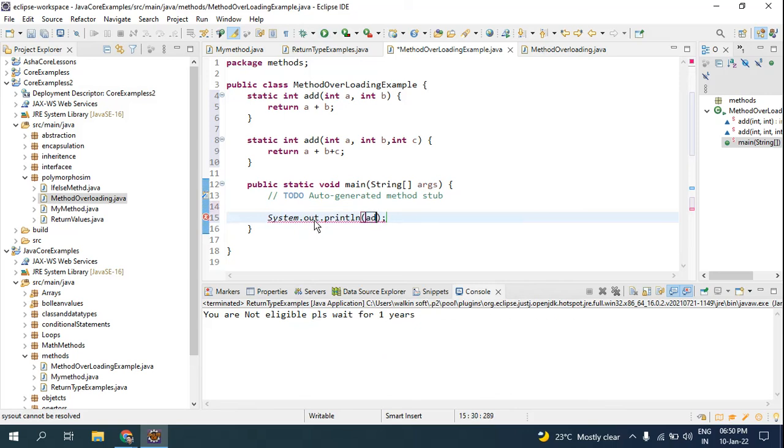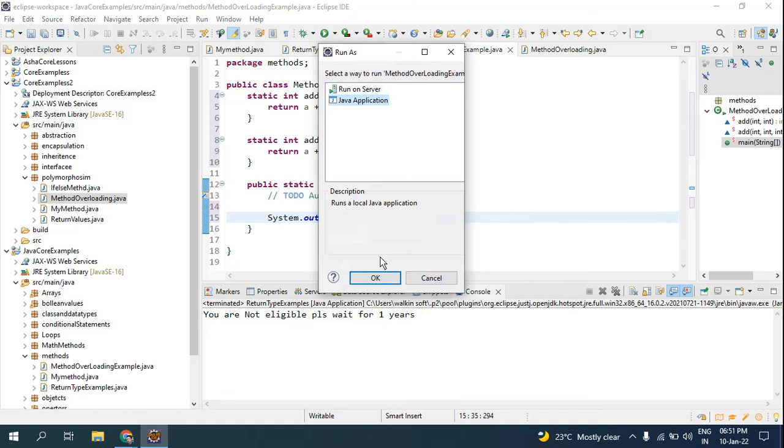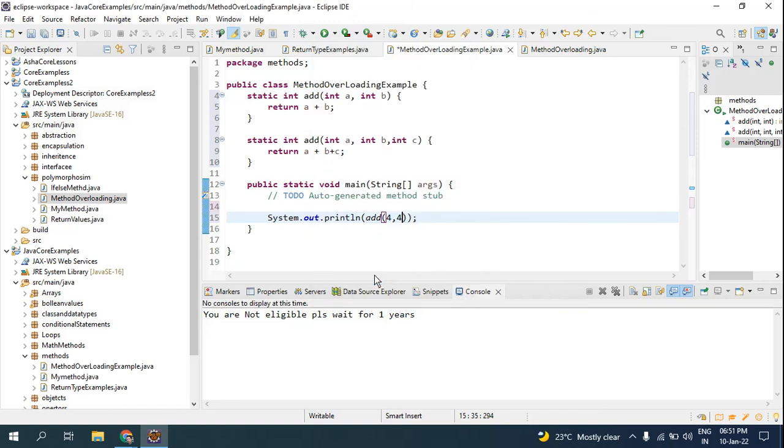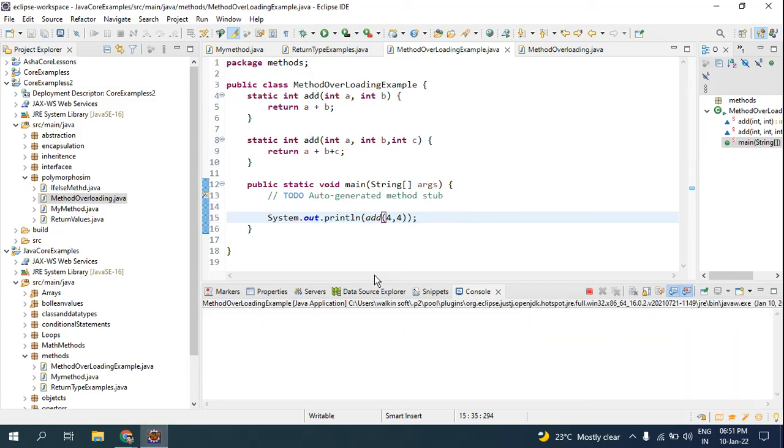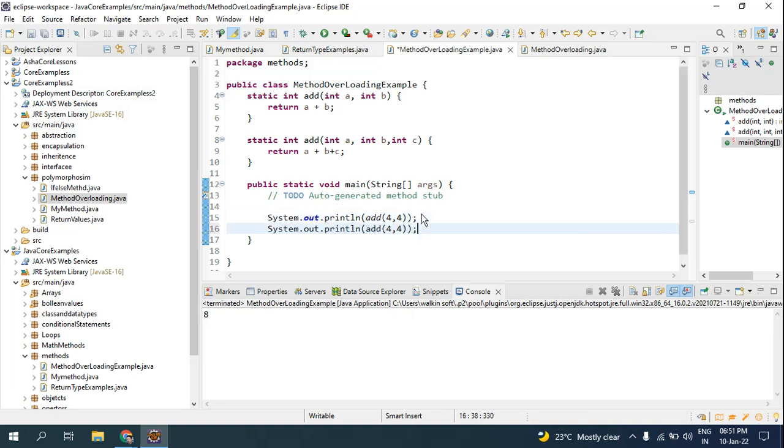I'm going to add 4 and 4, so this is a and this is b, and if I run it, you should get the value 8, because this reads the first method with two parameters. If I do the same with three parameters, the value should be 12.